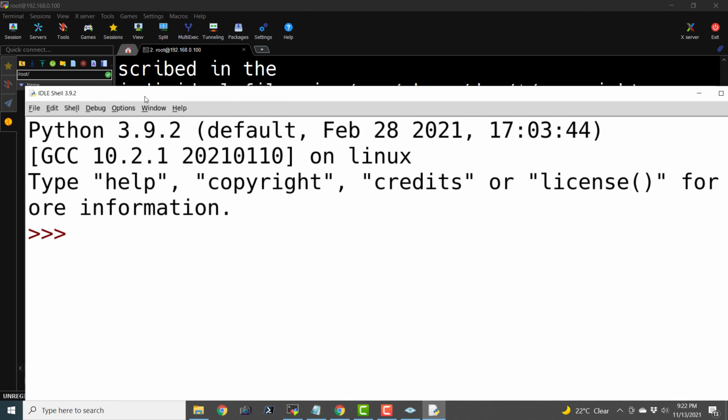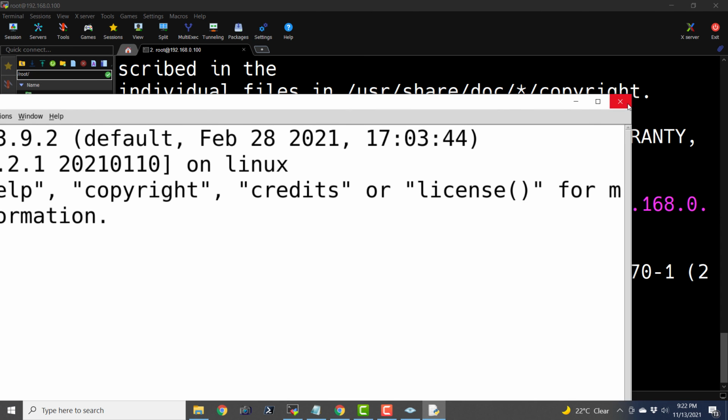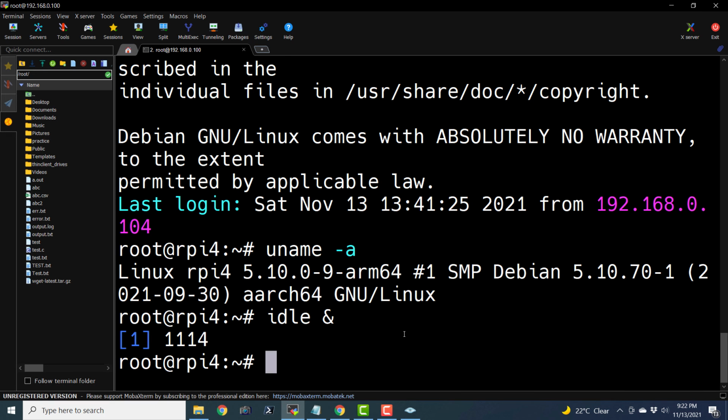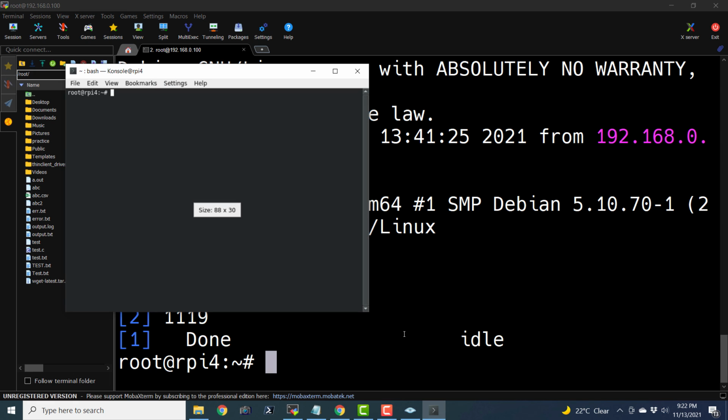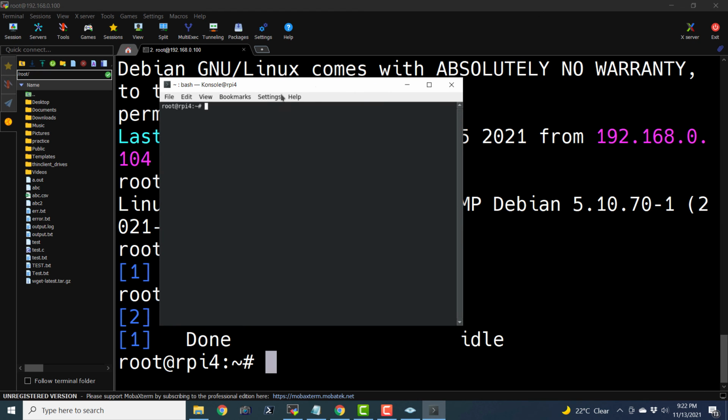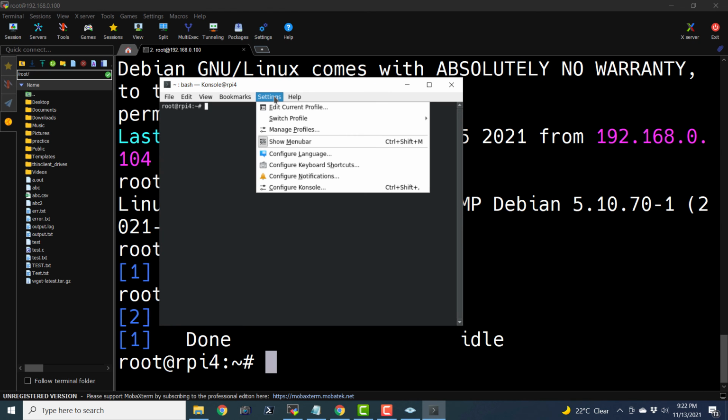It is running on the Raspberry Pi. So let me close it. We can even run console utility. So console is another command line utility like terminal. It's a terminal emulator for KDE desktop.